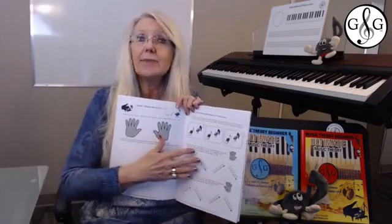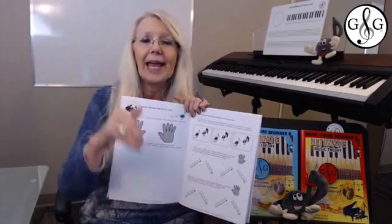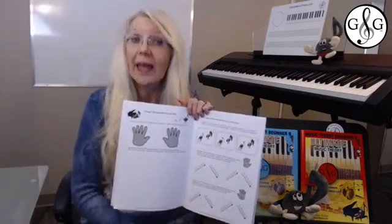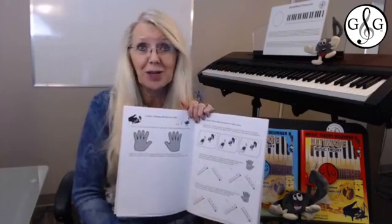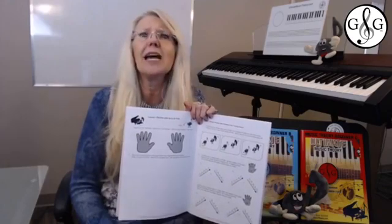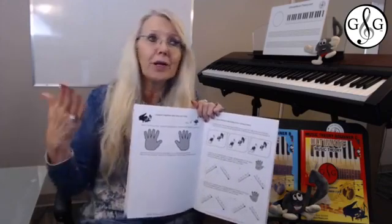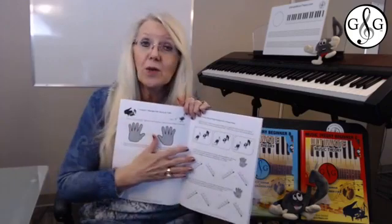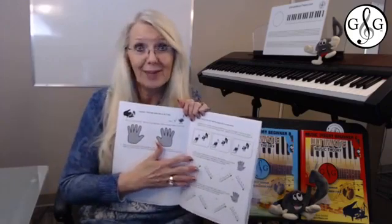Sometimes teachers might think, well, it's okay, I don't need a theory book, I just teach it at the piano. And that's true. You do teach theory at the piano, and everyone teaches theory, even if people say, I don't teach theory, I teach piano. But you really can't do one without the other. But the important thing is that we also want to engage in the act of writing, because that's how we